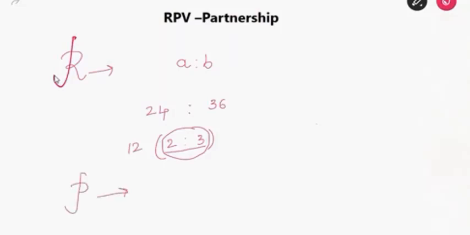Next one, proportion. Proportion is nothing but the relationship between two ratios. Now A is to B is a ratio and they are in proportion with C is to D, another ratio. It is denoted by 4 dots. A is to B can be written as A by B, which is equal to C is to D, written as C by D. These simple logics will be helpful to crack the questions. So next one, variations.